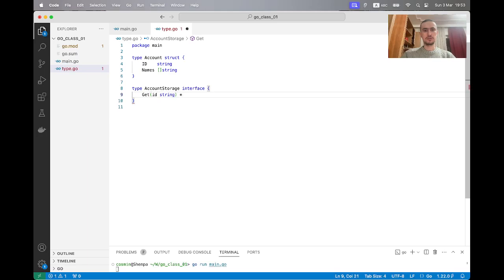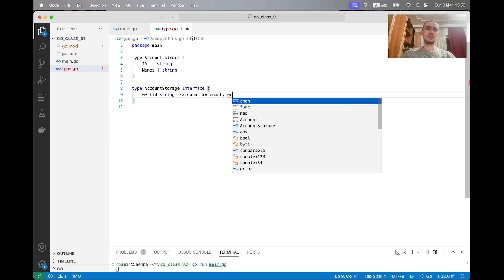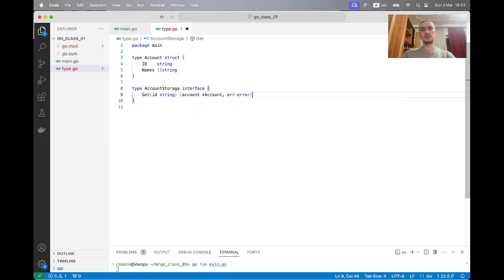And we return here on get function an account, and an error for specific cases. So we have get account by ID,